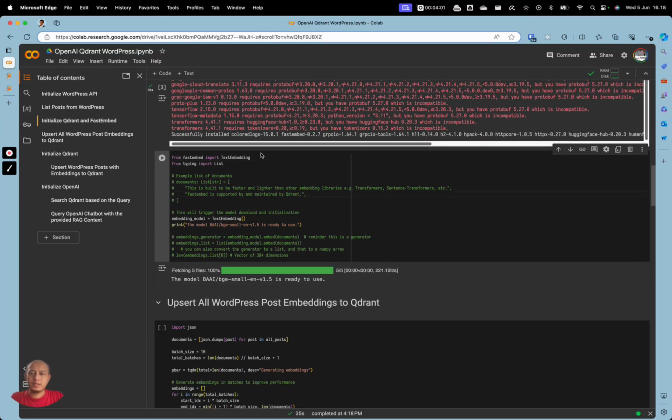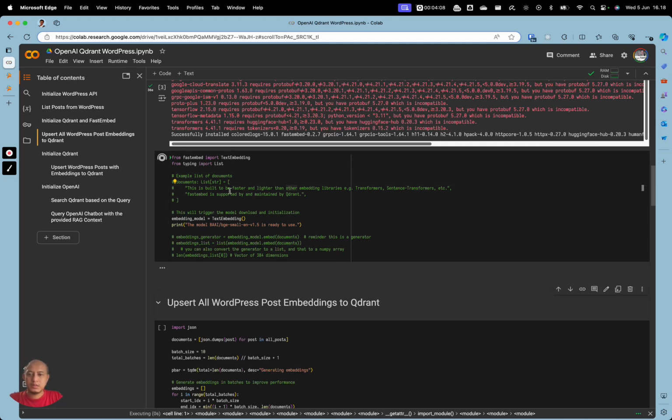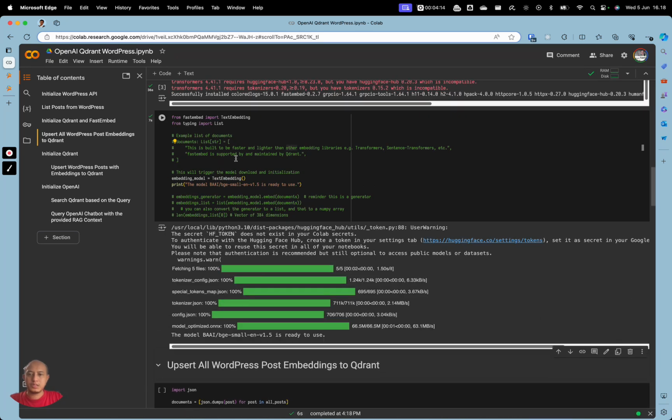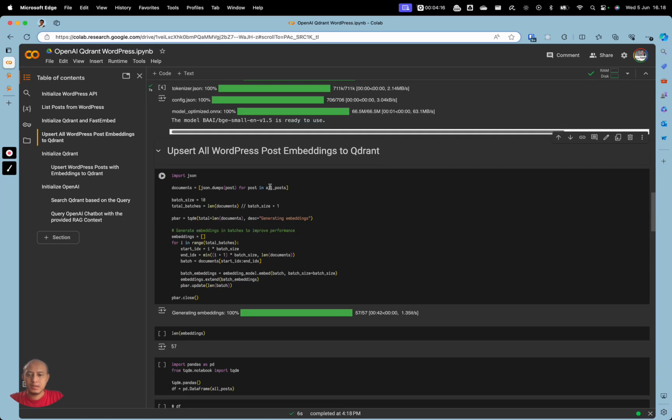Okay, after this is installed, we can then load the default model of FastEmbed, which is text embedding.